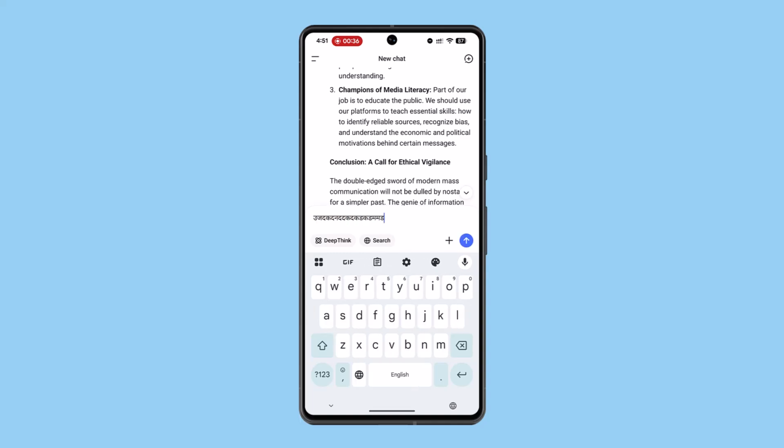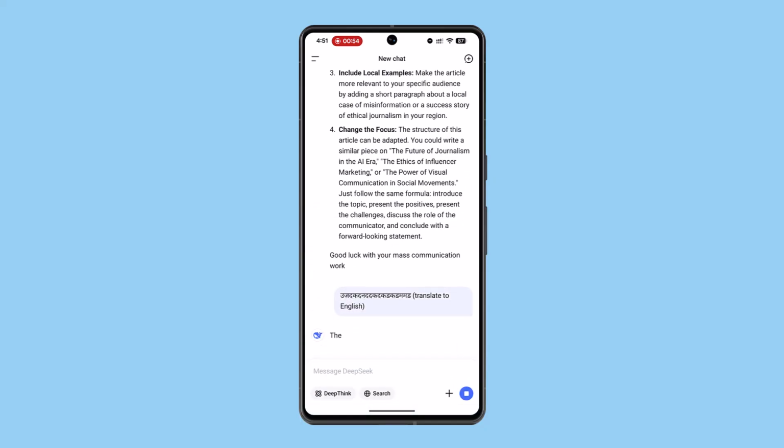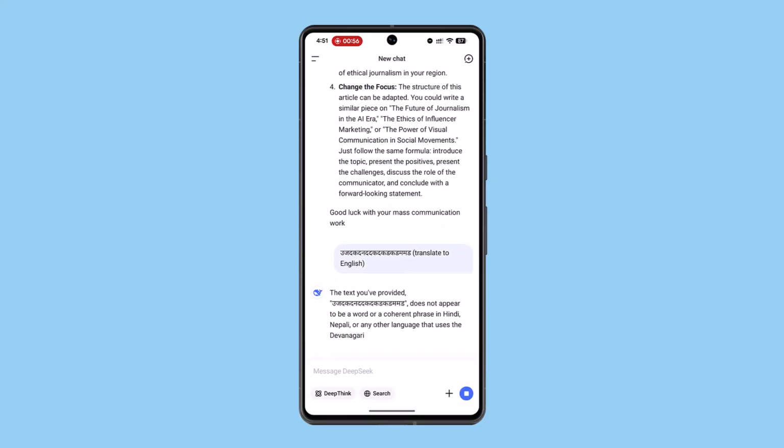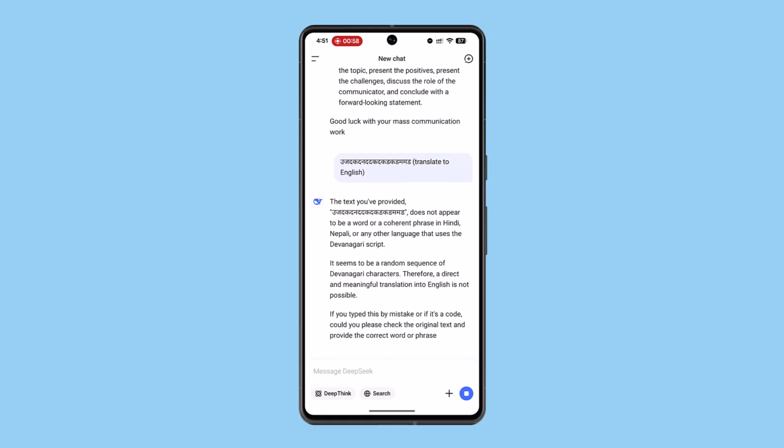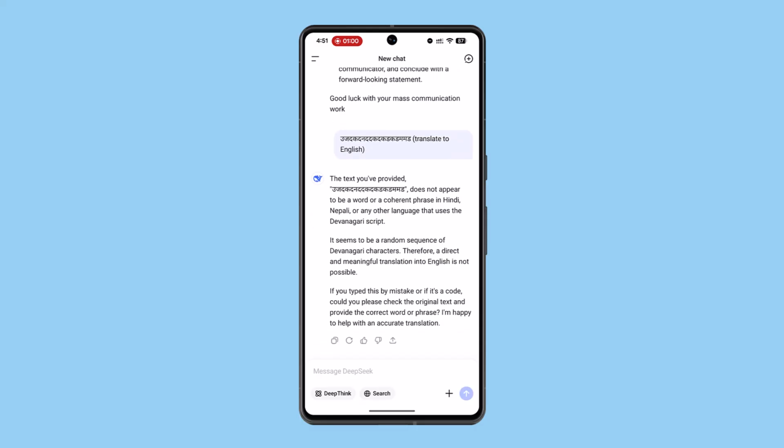And next, as per the prompt, I'm gonna go ahead and add in a bracket, and I'm gonna type in to which language I want it to be translated, and close the bracket. Now click the arrow icon. It's gonna take a while, and this way you'll be able to use DeepSeek for translation. So do the same thing with the rest of the other documents or folders that you have